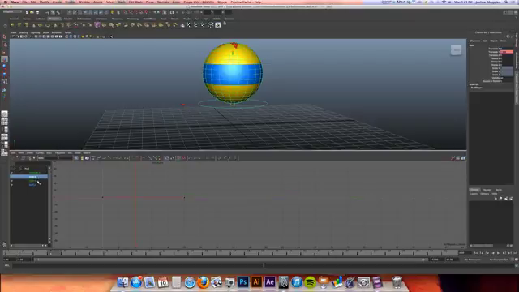Go ahead and ignore the scale X, scale Y, and scale Z, because the reason why those are keyed is because those are predetermined based off of the custom squash and stretch attribute that we've created and added to this particular object. So let's just go ahead and focus on the translate Y. The first thing that we need to do is I'm going to do a drag selection over my first keyframe. Now, in order for this to